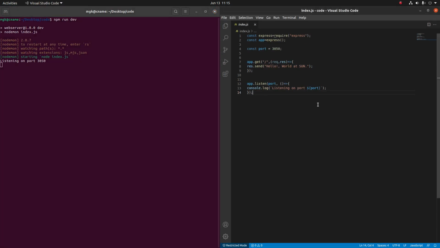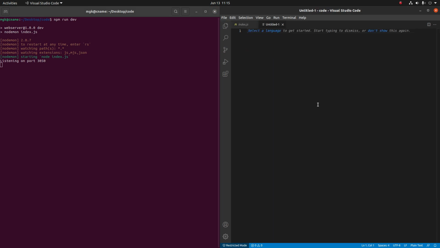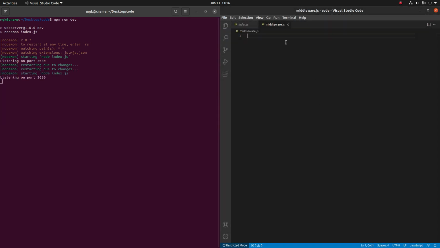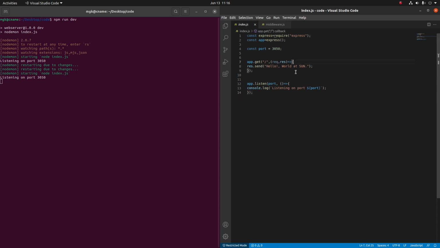Now as the motivation of this video is to create middleware, we'll start with that. So for that we'll define a simple file name as middleware.js. If you don't know what middleware is, the task of middleware is to perform some particular task before a response is sent. For example, here we are sending some response, so it is getting responded here.